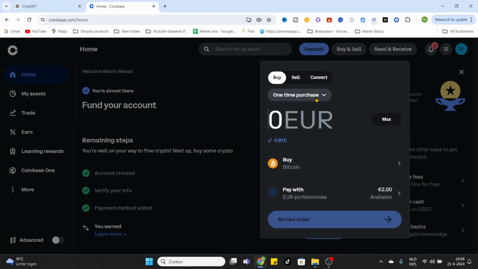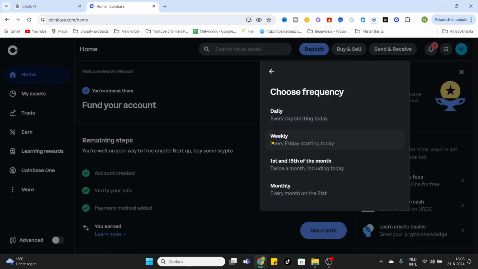So the first option they will give you is a purchase frequency. If you click on this one-time purchase, then they will show you the different purchasing frequencies that are available, and just select one which suits you. For now, I will leave it on a one-time purchase,